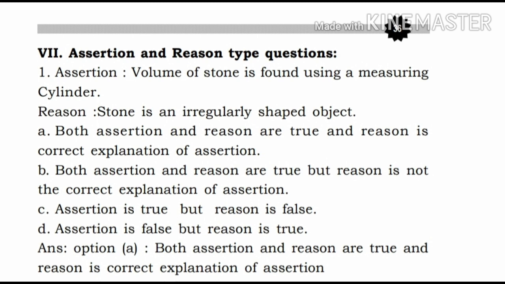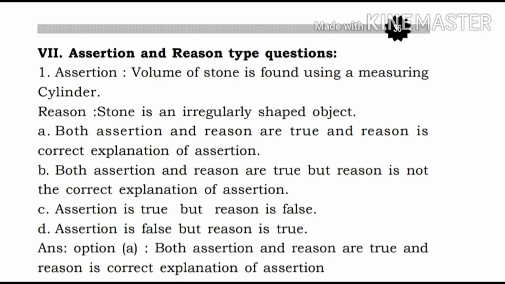Reason: stone is an irregularly shaped object. Here, assertion and reason both are true. Usually the volume of an irregularly shaped object is measured using a measuring cylinder. So what is the answer? Option A. Both assertion and reason are true and reason is the correct